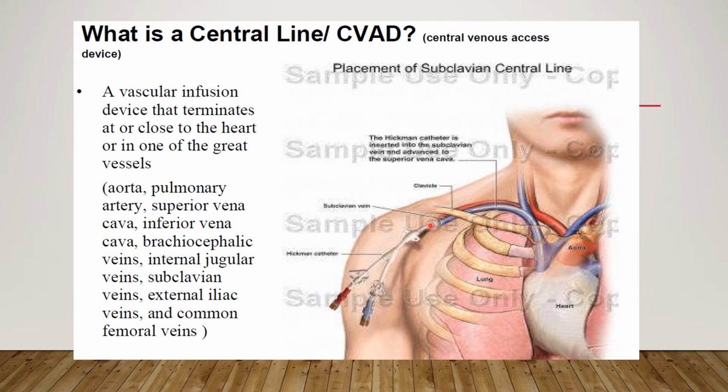Here we can see a Hickman catheter which has been placed through the subclavian vein. When we put a subclavian central line, it is also inserted through an insertion point here and advanced over the wire into the circulation, and our target for the tip is usually the cavo-atrial junction, just above the entry of the superior vena cava to the right atrium.